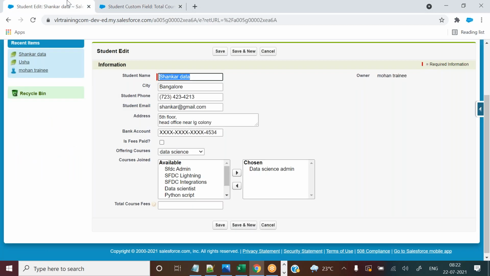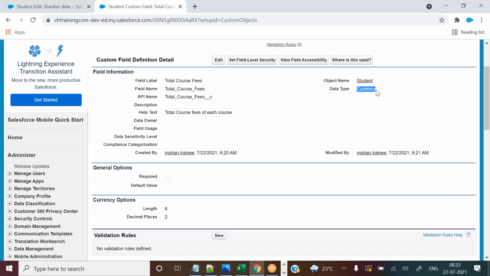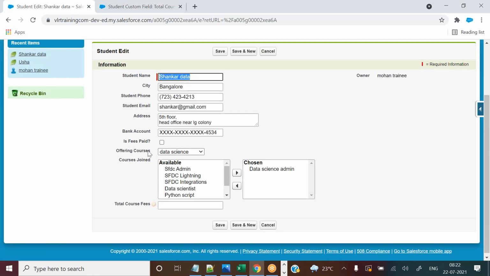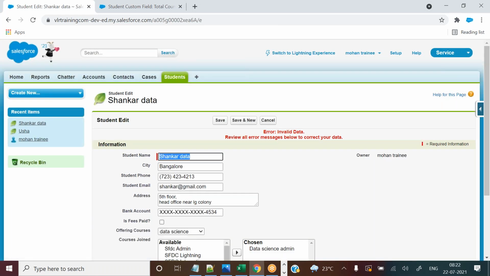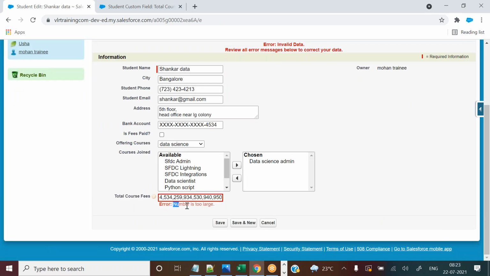That's it. Now next, what is the data type? Currency is the data type, and maximum 6 length, right? Let's try to add something. What is the error you are getting? Number is too large. Why is it too large?